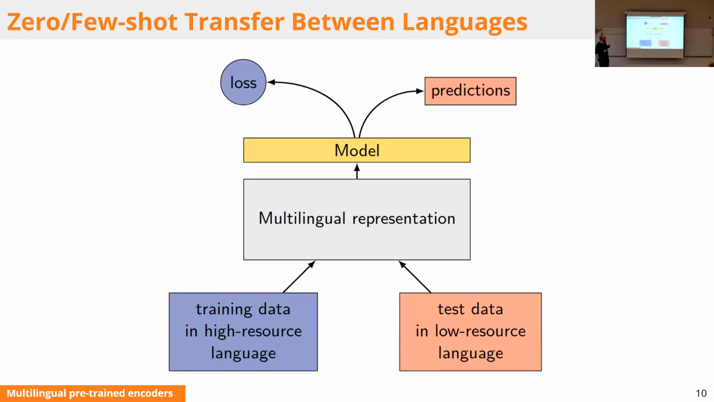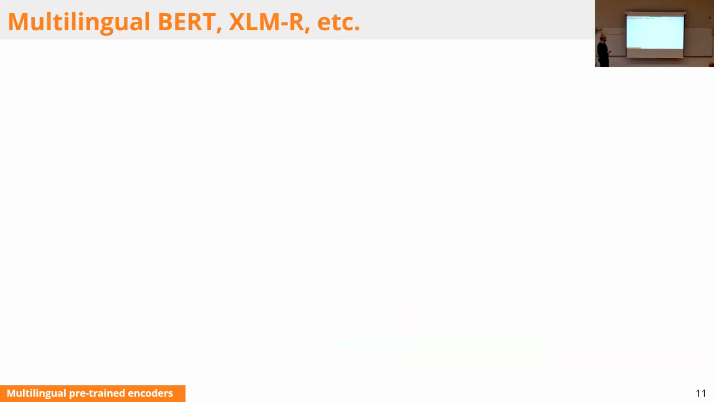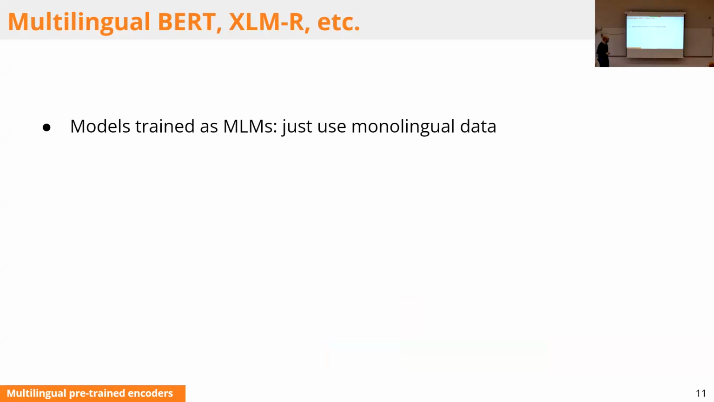But in the specific case of the multilingual models, during the fine-tuning, the training data is typically in a high-resource language, and the test data is typically in a low-resource language, or, as you will see later, not always in a low-resource language, but at least in a different language than the training language. And one important property is that most of the commonly used multilingual encoders are trained on monolingual data only,